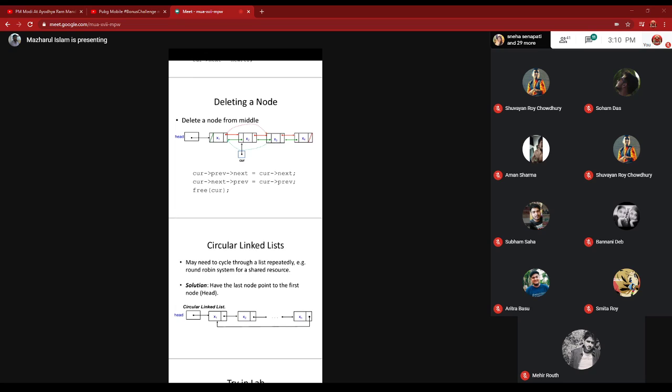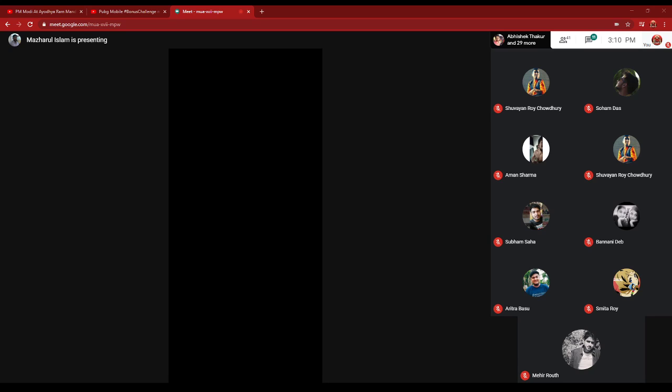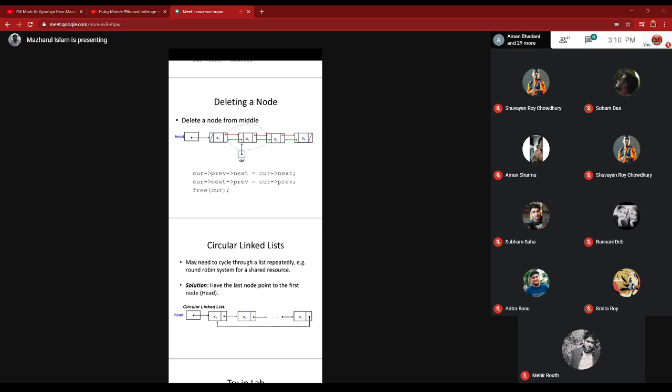Okay, so in this case, the node which you will delete, whose previous and next parts you need to modify, because you will delete that node. When you delete the node which is holding x2, you have to update only the next address field of x1 and the previous address field of x3. These two portions, the previous address field of x3 and the next address field of x1, you have to update.